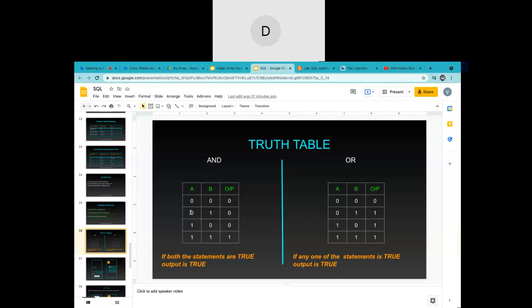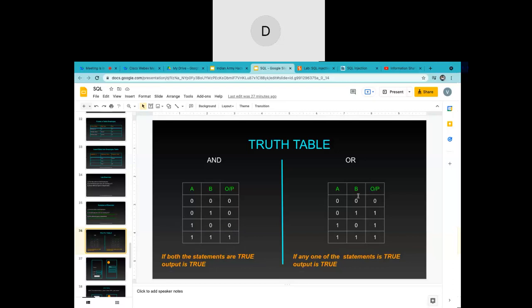AND is also so strict that if any one of the conditions is true, still it is not going to allow you to enter into the database or give you the result. AND is super strict. I am again repeating because this is so important. AND is so strict that it will not allow you if any one of the conditions is false. That means if you see any 1 0, you are not going to get the output. If both the conditions are true, then only you will be able to see the result, otherwise not.